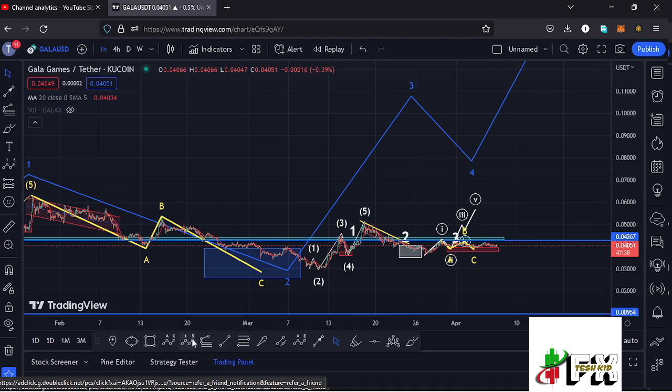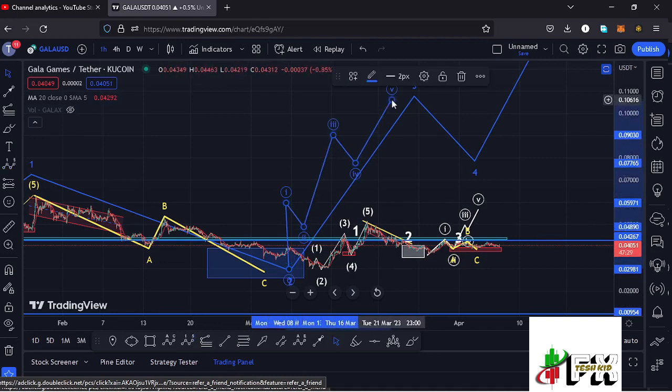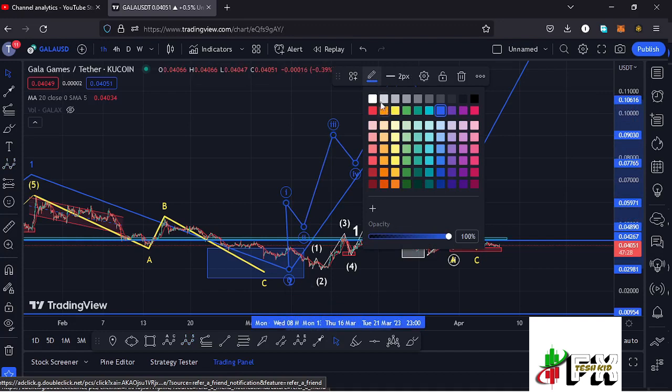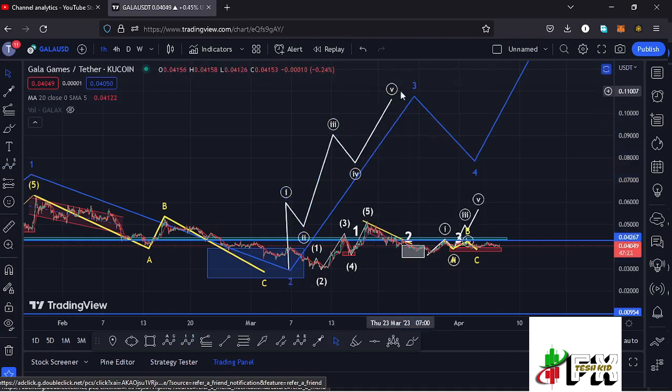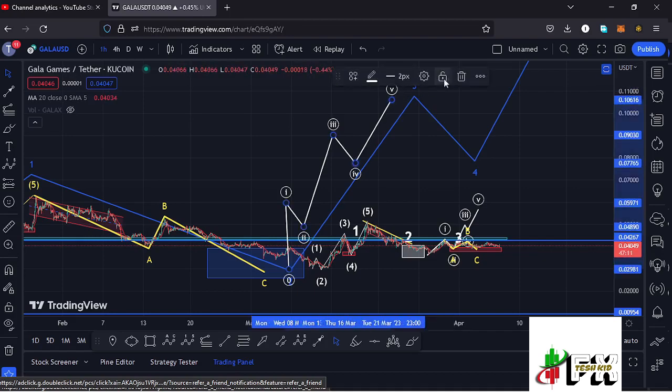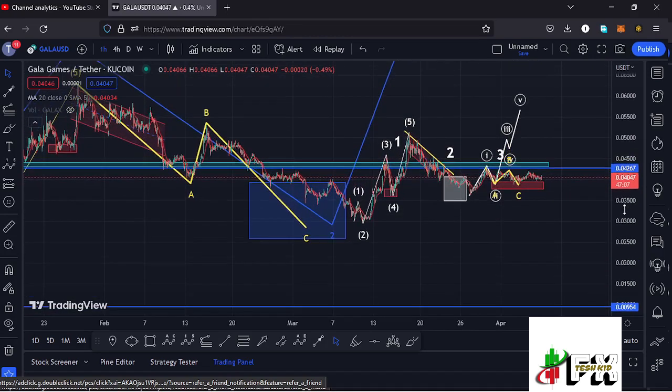And in the formation of the wave 3, which is an impulsive wave, I'm also expecting to see a 5-wave structure in formation, having the wave 5 fully maximizing our target areas and also giving us the high for that larger Elliot wave count 3 to the upper side. And it is this micro Elliot wave count within the formation of the wave 3 that is going to give me the short-term scenarios, and I believe that is the move that is playing out here on the Gala Games chart,